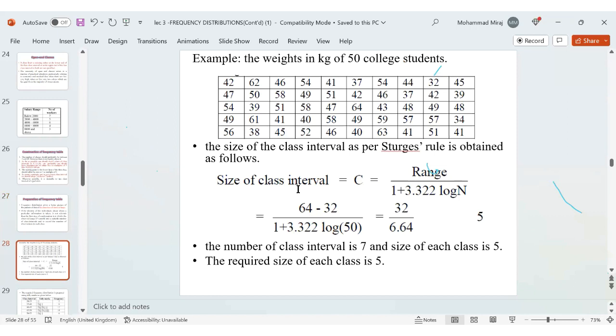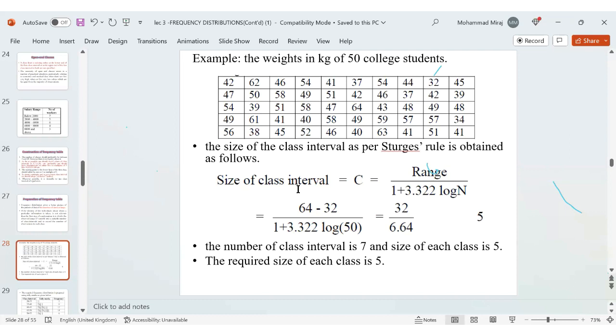लाइक फॉर एग्जांपल, यहाँ पे वेट दिया हुआ है, क्लास के अंदर 50 बच्चे हैं, कॉलेज स्टूडेंट्स हैं, सबका वजन दिया हुआ है। सो क्लास इंटरवल कितना होना चाहिए? हमने क्लास साइज ले लिया, रेंज बताया। पूरे ग्रुप में से रेंज निकाल लीजिए, मैक्सिमम वैल्यू 64 किलोग्राम्स, मिनिमम 32 किलोग्राम्स, डिवाइडेड बाई 1 + 3.322 logarithm of 50, because there are 50 families. So based on this we are able to calculate. So 64 minus 32 divided by 1 + 3.322 log of 50, ये फॉर्मूले में डाला।